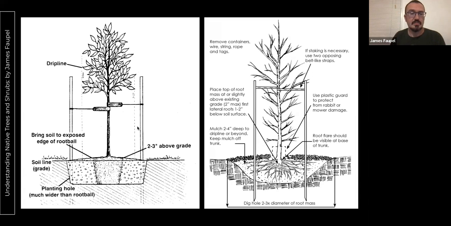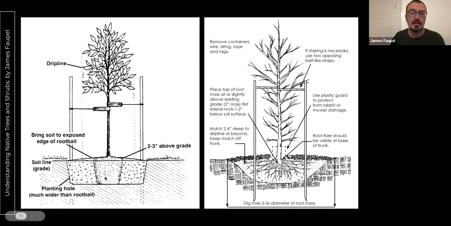So when you're planting these trees, one of the catchphrases I hope you can remember is: plant it high and it won't die. It's one way to remember not to plant your plants low. You want to plant your trees, your woody plants especially, where the root flare is above grade. Okay. As you can see in this photo, this is a potted plant, so this would have been in a black container pot. They loosened up the roots as they're putting it in the hole. They dug it only as deep as the pot, just a little bit higher even, because they wanted this to go across and be above grade,